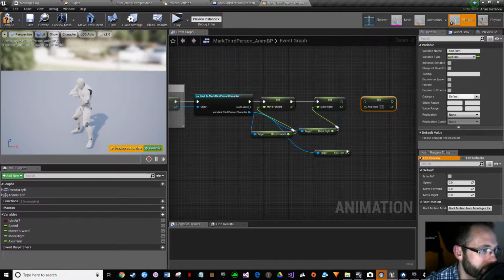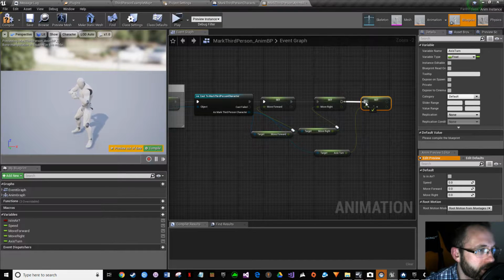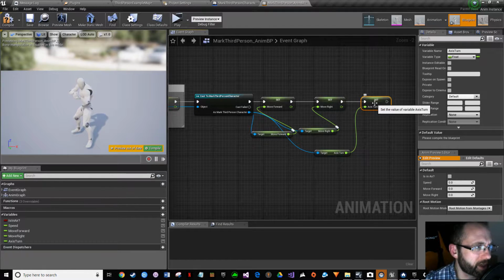This is just how we do it in programming. You should try not to directly change variables from another class or blueprint. You shouldn't do that. You should try to do it by just modifying the internal variable, if that makes sense. And you'll catch on to that as we go on. So you just plug this in right here, and there you go. Now that we have our axis turn, I want to show you what it actually is,